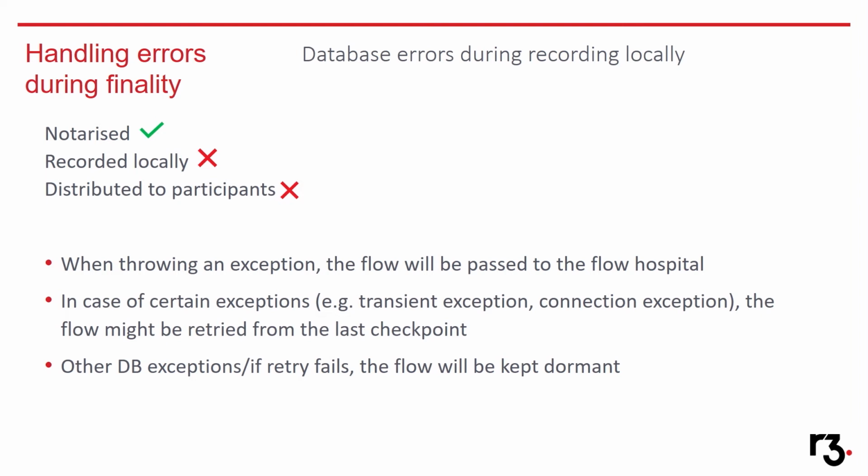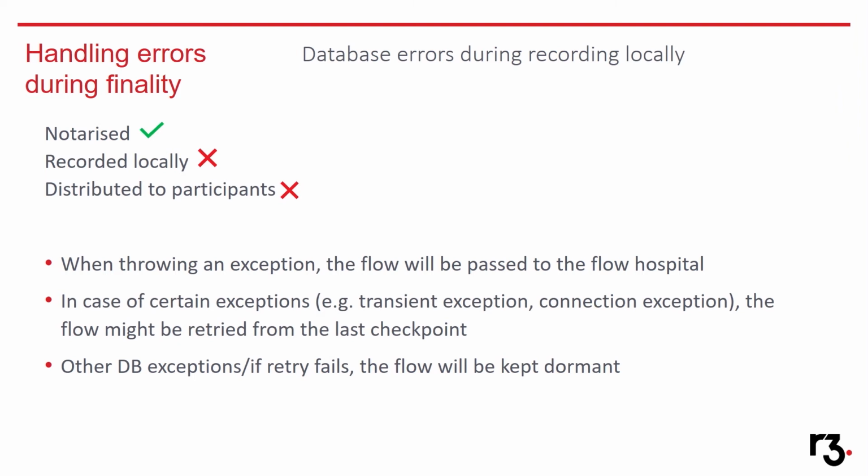So, notarization: we always assume here that notarization works. It's all fine. The transaction is valid and notarized. But now we throw a database error while recording the transaction locally. What happens is that the flow will be passed to the so-called flow hospital, which is a class that gets the call stack and the exception from the flow and tries to figure out what went wrong and how to deal with this. And in the case of a database error, it might retry the flow,